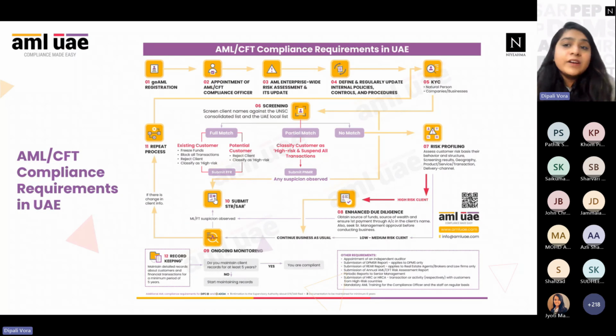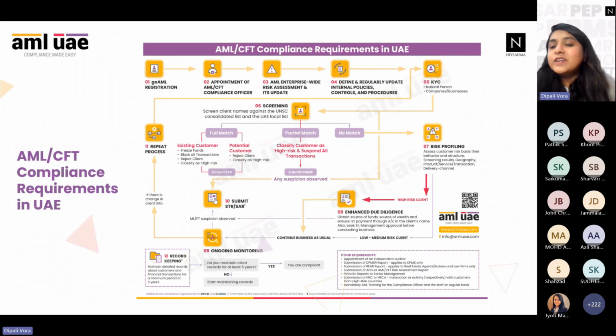Now, UAE has two mandatory sanction lists, that is the UNSC consolidated list and the UAE local terror list. When you screen the customer, depending on the results that you get, there are certain compliances which are prescribed. And today we have met for this particular topic, that is screening, so we are going to dive deep into it. I'll just move on to the next step. After we screen, we will know what the background of that customer is, whether PEP, whether sanctioned, whether any adverse media.